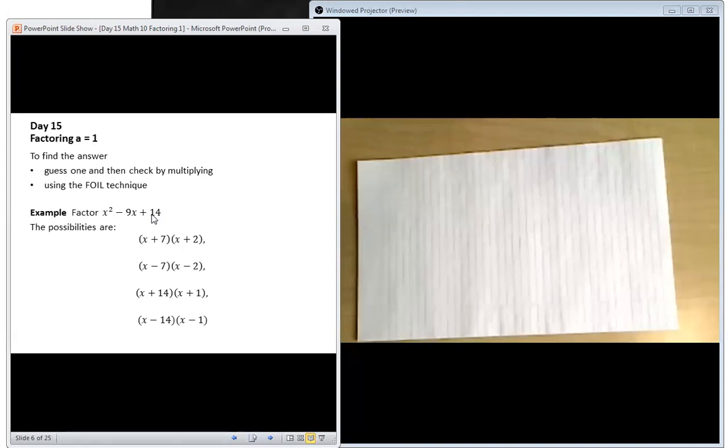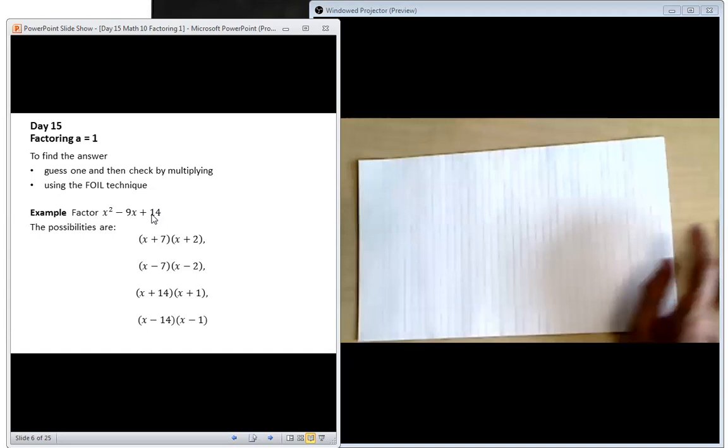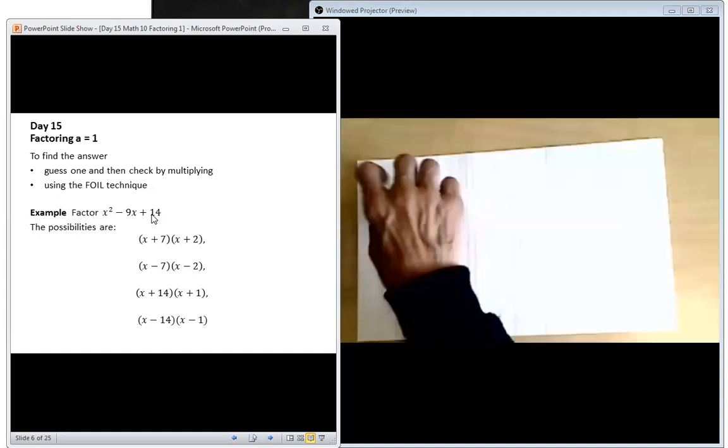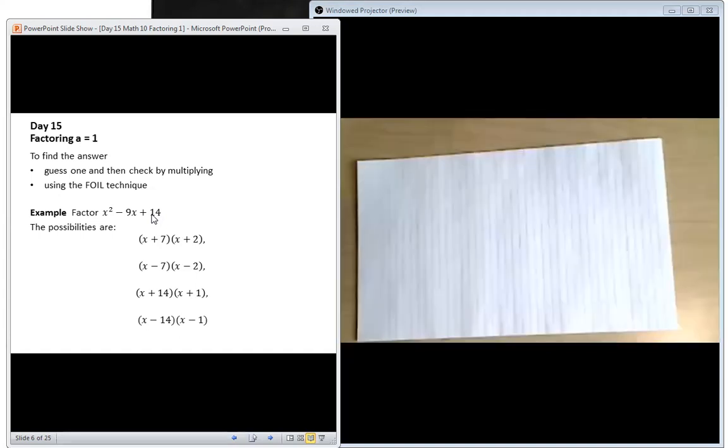No. Class even's like, no. That's weird. All right. No, 2 and 13. If you put those numbers in, you'll get 26 at the end, right? So that's kind of, yeah, it is weird. That doesn't work. So these are the ones that we got. Be careful with the pluses and minuses there. All right. Okay. And so now then, we got to check just like before. Okay. Check and see which one will